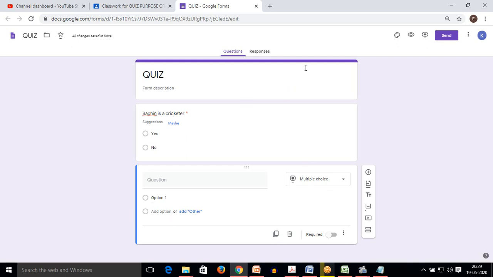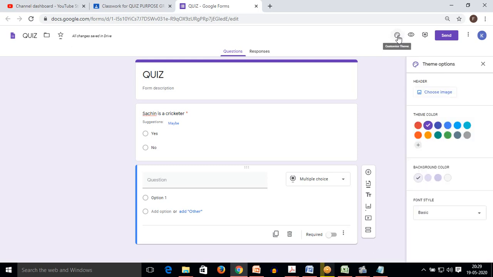Now moving to the extreme top right, we can see that the customize theme option is present, though again it is not necessary. You can customize and change the color of the theme. You can choose any image.